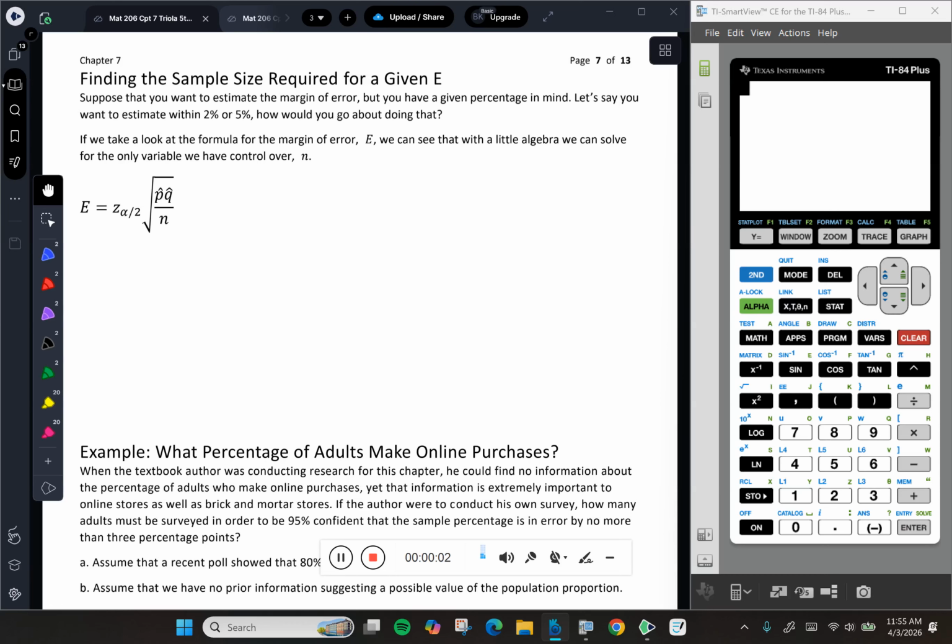Welcome back for part 3 of section 7.1, which I'm hoping will be the last part, but we'll see. In this section, we're going to take a look at finding the sample size required for a given margin of